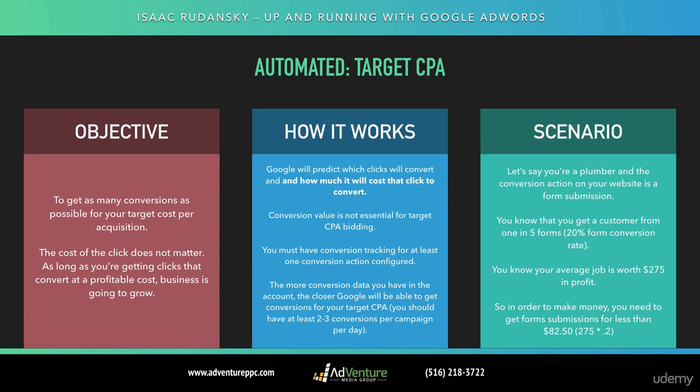I know this is probably like an overload of information, but you could review it, let it sink in. It's not a big deal. You don't need to remember each one of these off the top of your head. You don't have to memorize these different bidding strategies. You're only going to end up using a couple of them. You're going to start off using manual CPC bidding anyway. If you have an account that you're learning about that has a lot of historic data, you're going to start off with just kind of testing one of these two. You might test target CPA, you might test target